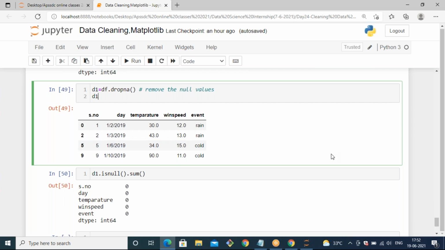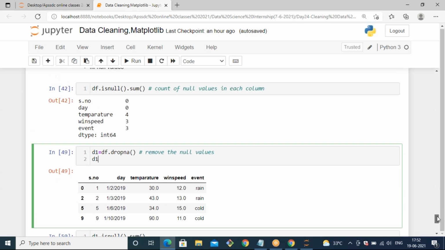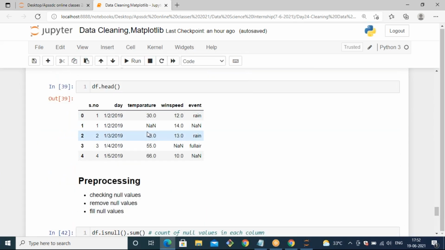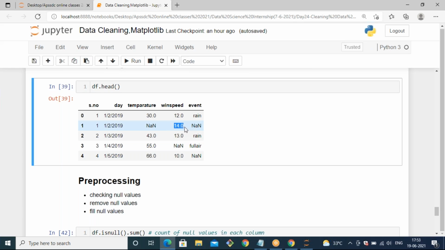Like if you observe the first row, we have a null value in the temperature column and the event column, and we have some value with respect to the wind speed column. That means when you use dropna, this entire first row is removed, and we lose data that actually has a value.